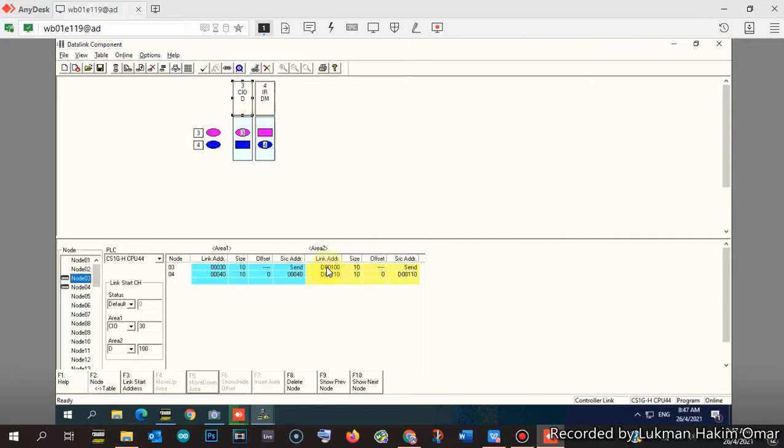The master PLC can send any bits from 30.00 to 39.15, any bit. That means the available bits are in this range, because size 10 means 10 words.